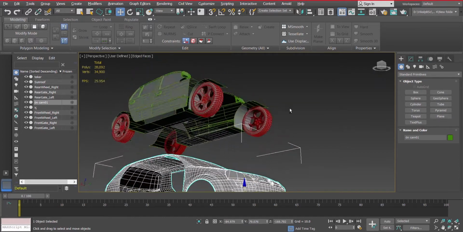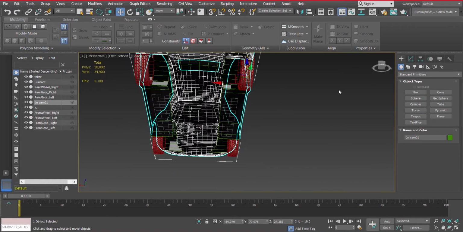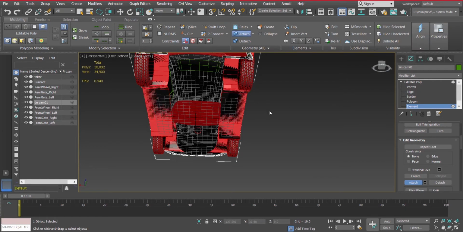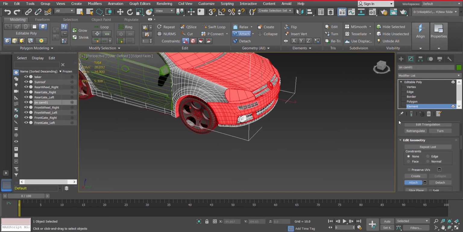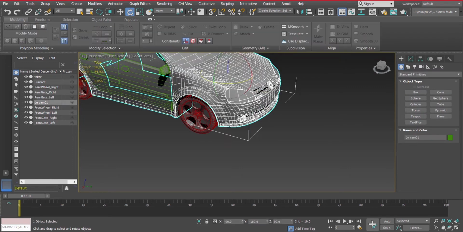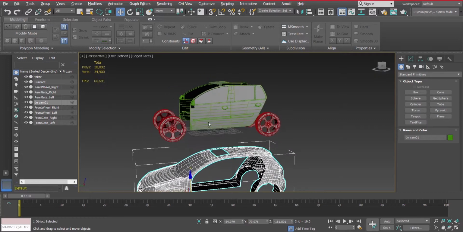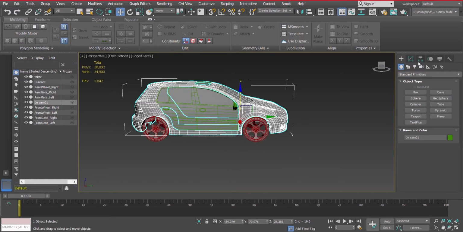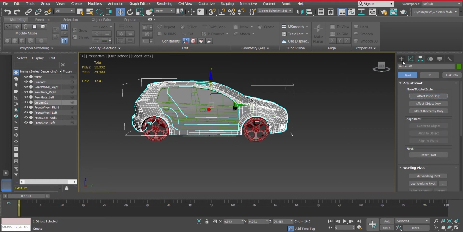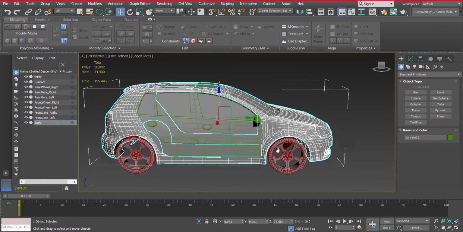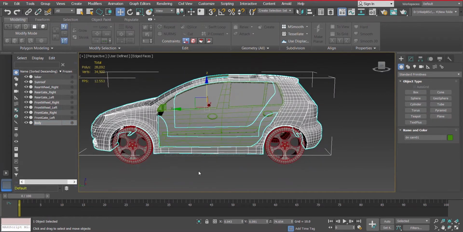Those structures between the wheels. So I'll just go into element mode and attach them again. There. Now all our static parts are one as the body. Just double check it, make sure you got everything, and pivot it to the center. Now we'll just rename it, and we have all our body parts, rather car parts, detached and renamed.